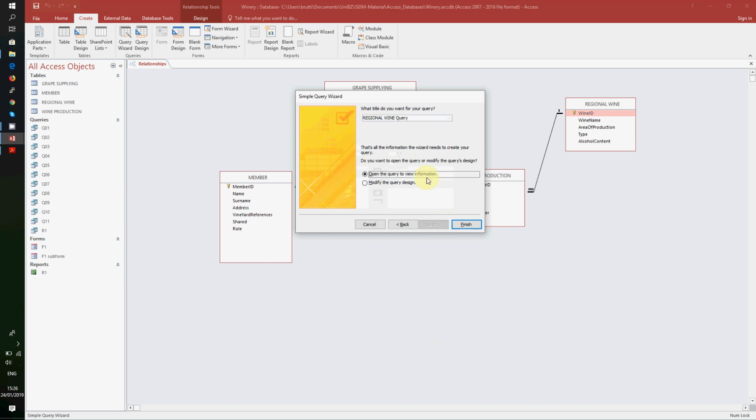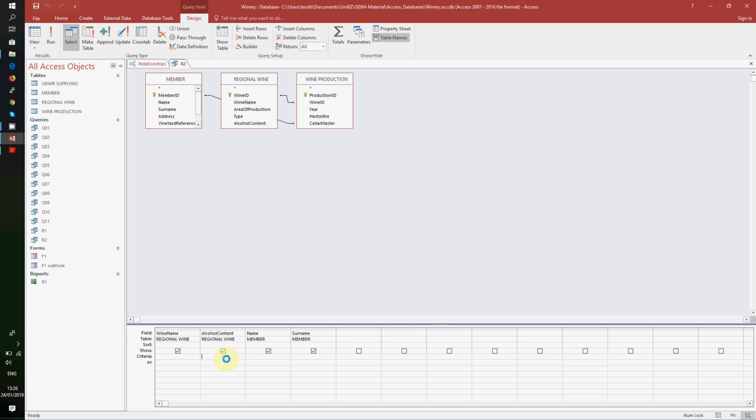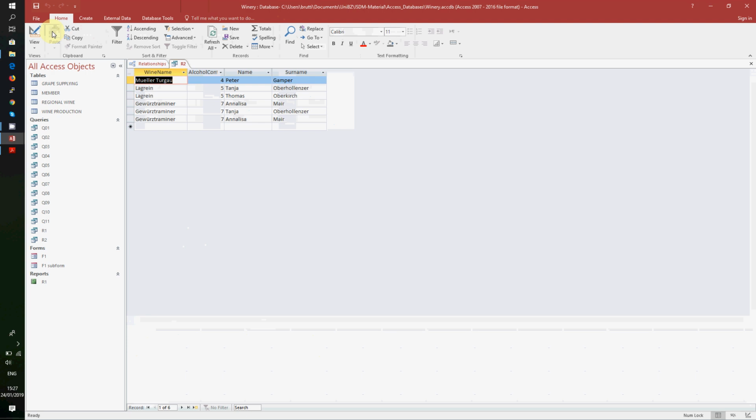I call this R2, modify, finish. So here on the alcohol content, I have to put a constraint, smaller than 8. So I have the wine name, name and surname. Run, so wine name, alcohol content, name and surname. Save,